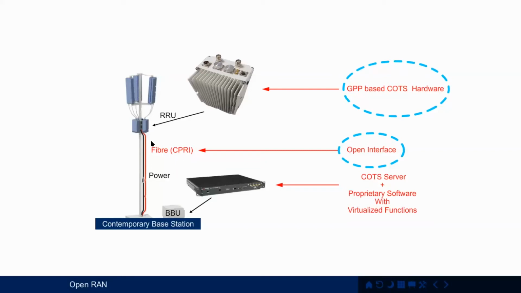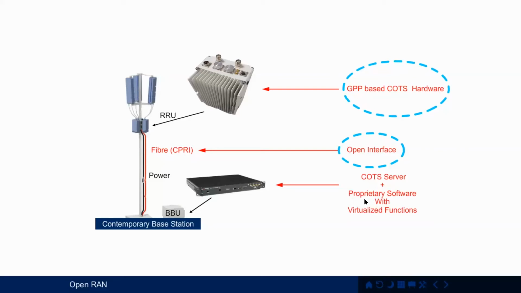We also need to feed power up the mast to provide power for the radio unit. Now, traditionally, the BBU and the RRU have always been sourced from the same vendor. In O-RAN, what we need to do, as mentioned, is perform disaggregation. So if we take a look at the BBU, what I need is a commercial off-the-shelf server, which I can source from any and many different manufacturers. I can then load into that